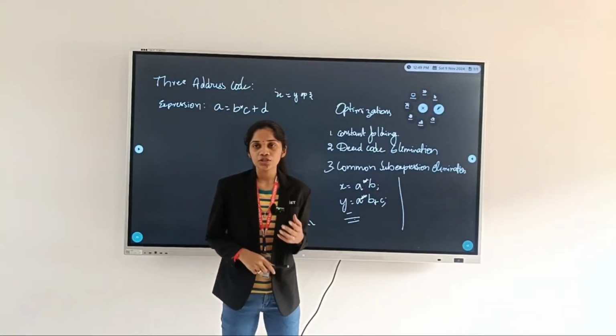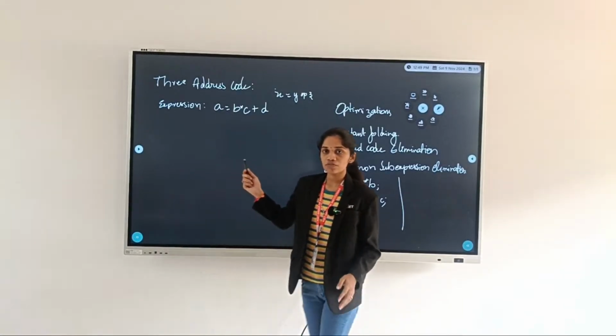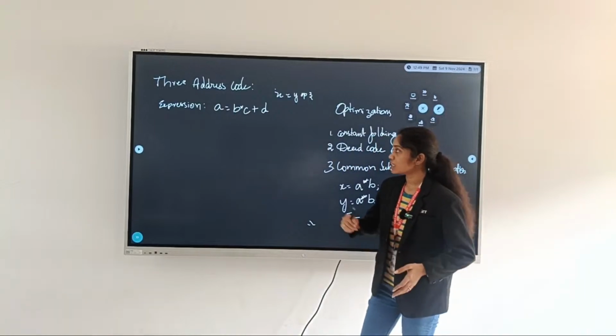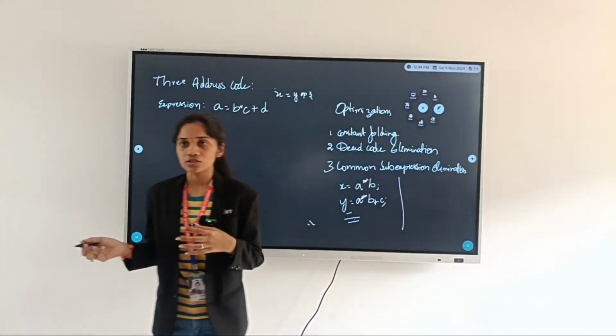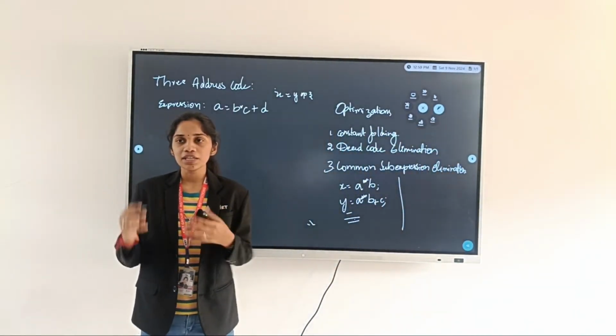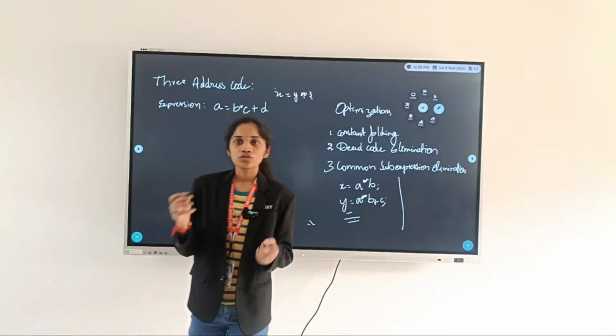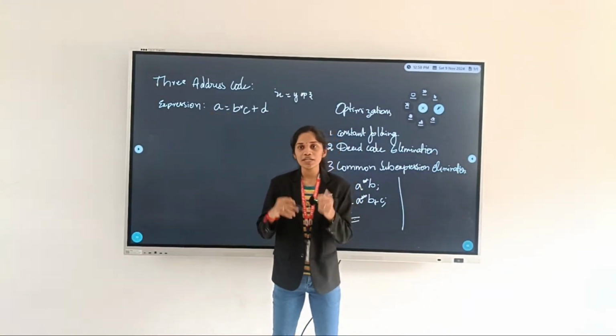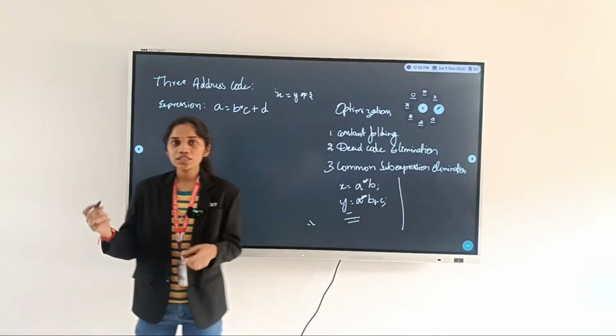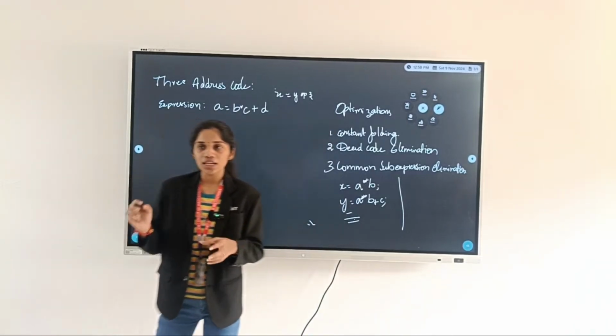The topic is an introduction to three address code from compiler design. What is three address code? It is an intermediate code in compiler design. And now, what does this intermediate code do? This intermediate code actually